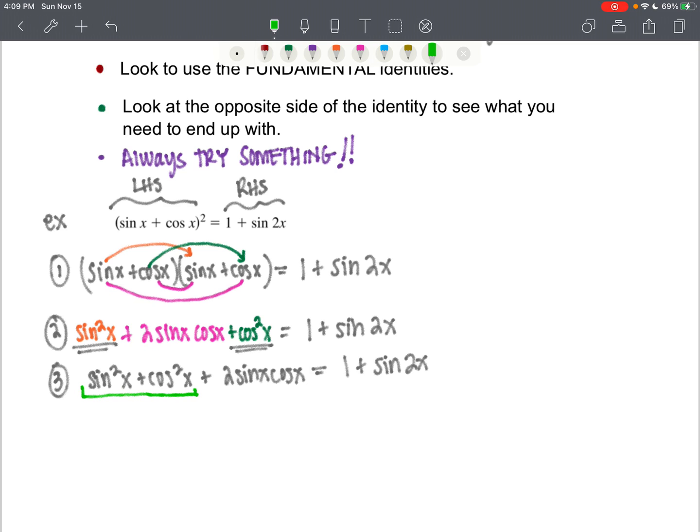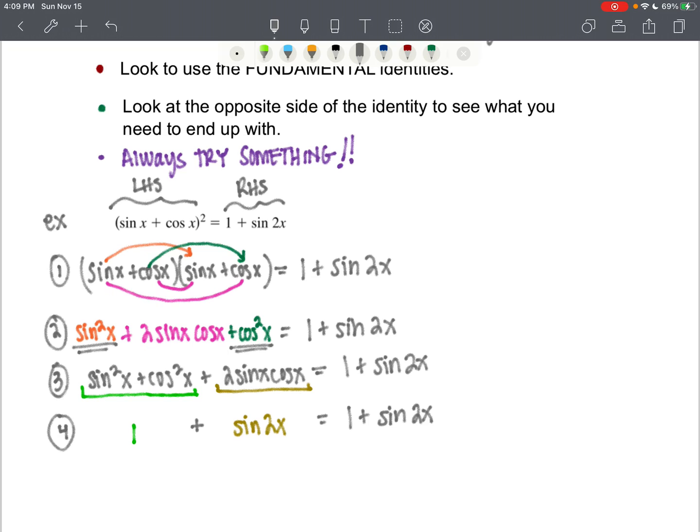Sine squared of x plus cosine squared of x is 1, and 2 sine of x cosine of x is sine of 2x. So we have 1 plus the sine of 2x. And like I said before, the more you know your identities,